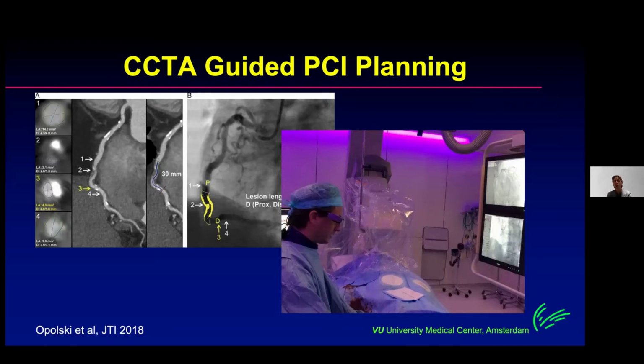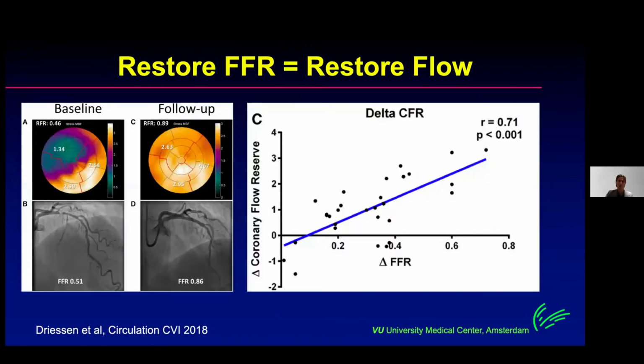And now we're going into the cath lab not to do a diagnostic angio, but to do ad hoc PCI. We know the angio is going to be obstructive, and we know we're going to have to place a stent. And now we also know what the stent length and diameter is going to be. And this is a real step forward, because we also know that restoration of fractional flow reserve by stent placement